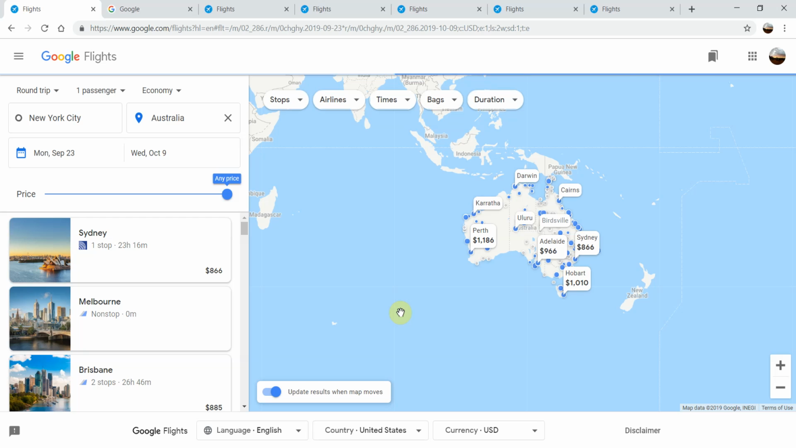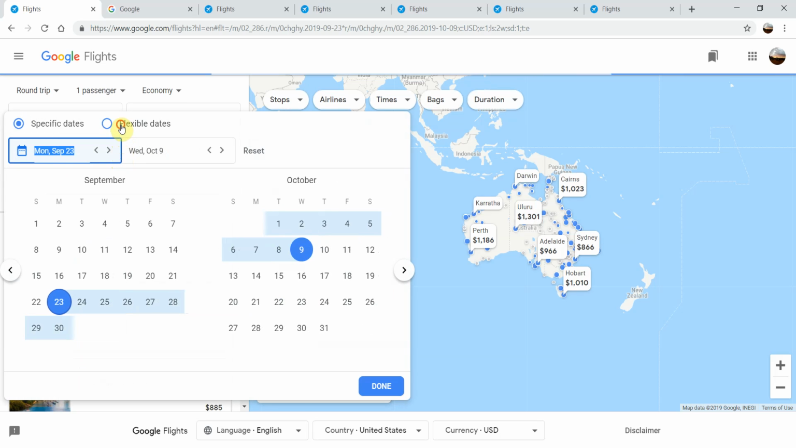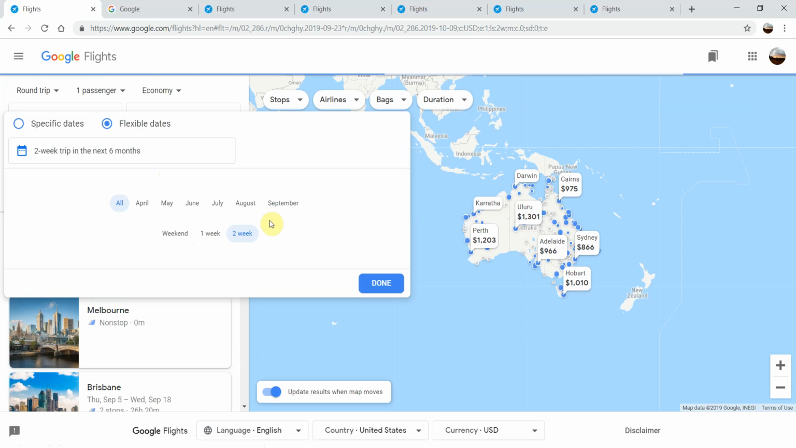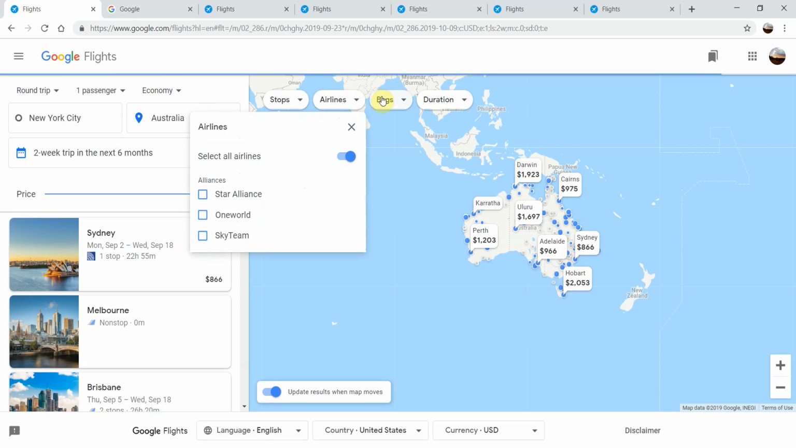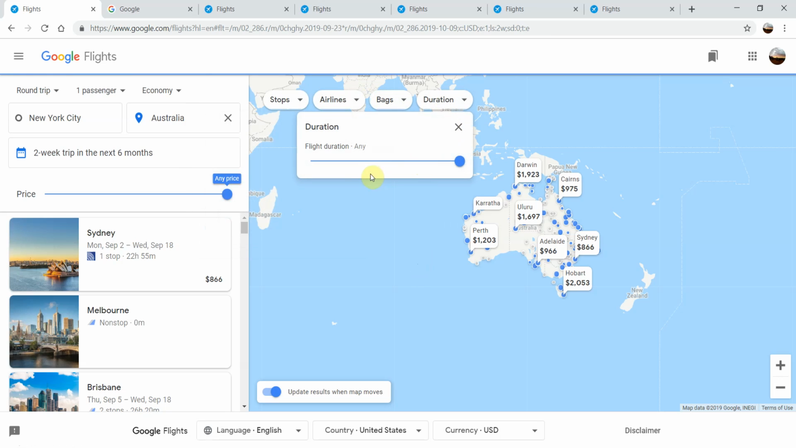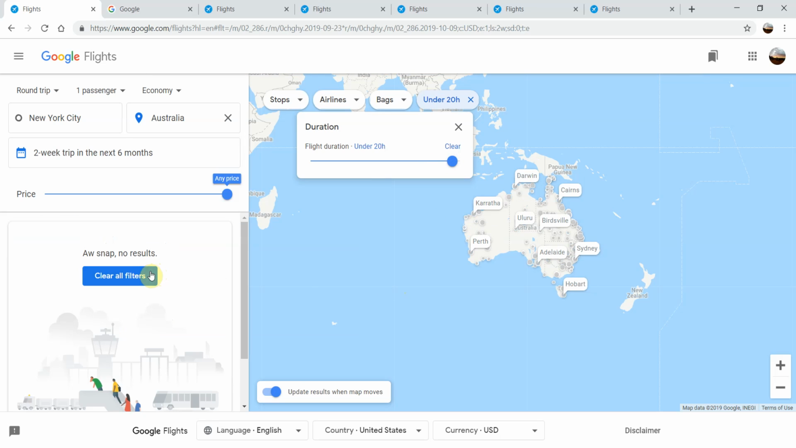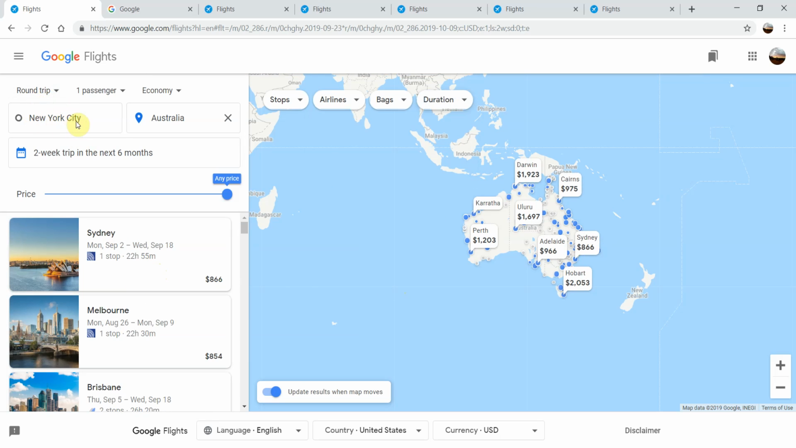Okay, and you can do the flexible dates, search however you want, get the best fares, do the filtering by airlines, number of stops, and so on, even on duration. If you don't want to travel more than, I don't know, 20 hours, you can filter that. Fortunately, nothing available. Or we can go back and